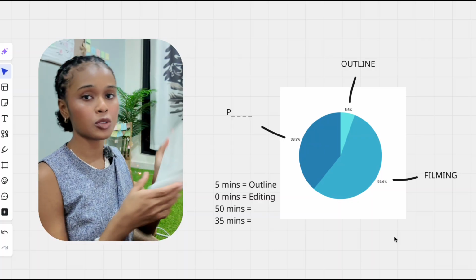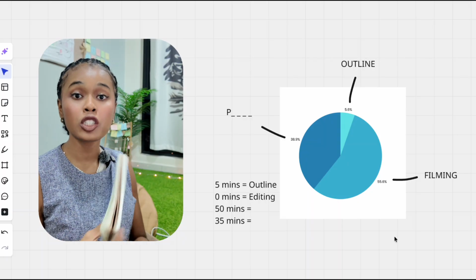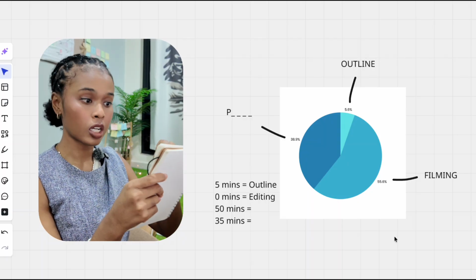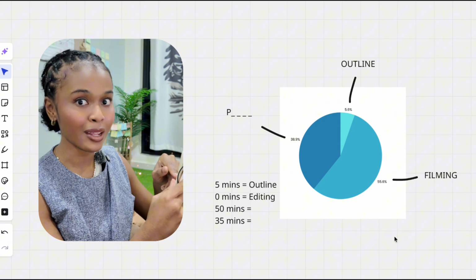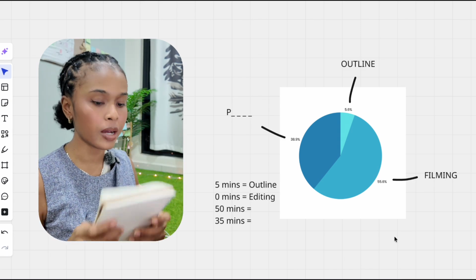So this is what I like to teach my students. I like to literally say, hey, what you're gonna get is you're gonna get a piece of paper, you're gonna put your idea, you're gonna put your 3 bullet points that you spent 1 minute on, and you're gonna have your piece of paper right in front of you, and you're just gonna look.